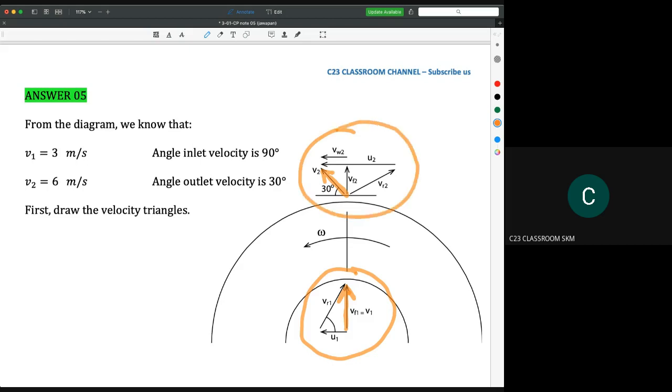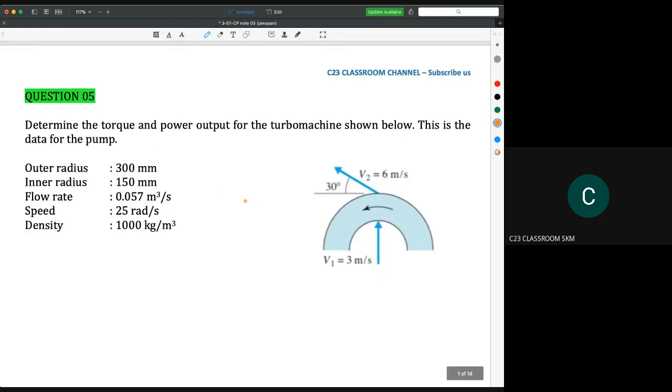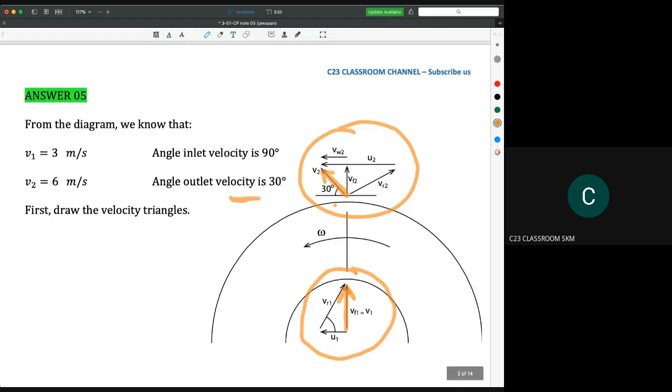So I hope you could draw the velocity triangle very well. And then you could determine the angle here. I'm sorry, this is not the blade angle, this is the angle where the outlet velocity flows out. So this is the angle. I hope you could draw the angle very well here. And then after you draw the velocity triangle,